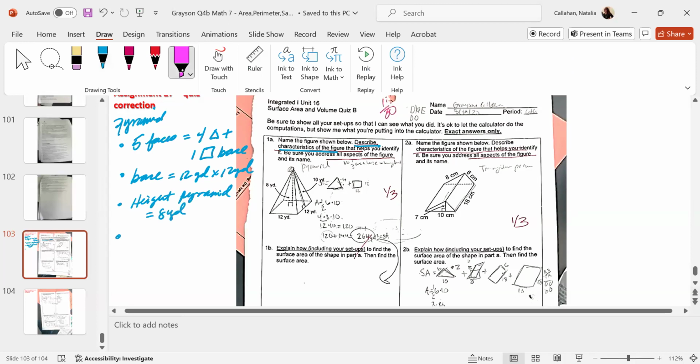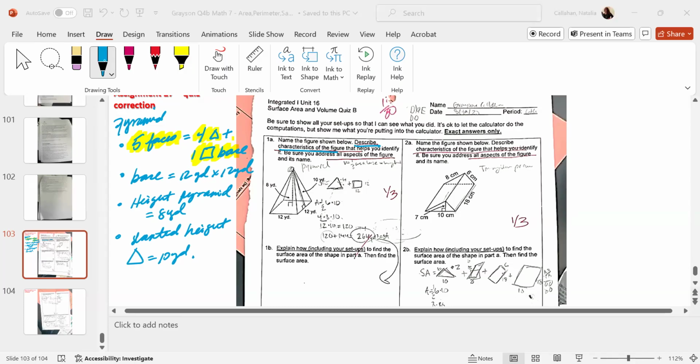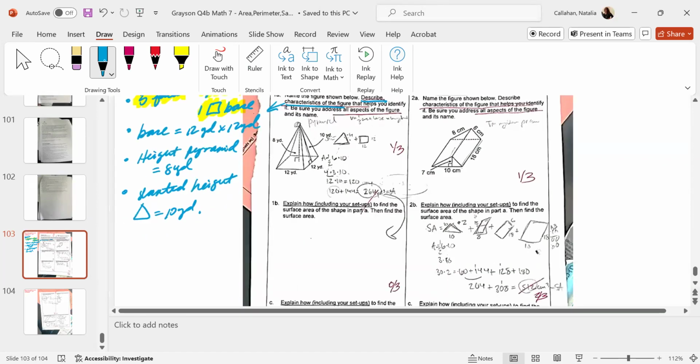But basically the main thing you need to do is the 5 faces with a square base, 4 triangles and a square base, right? And then you can say the slanted height of the triangle is equal to 10 yards. Those are the things that you're supposed to do. You don't actually have to find the actual thing here. Do you understand? This is 1A. Does that make sense? Okay. So then